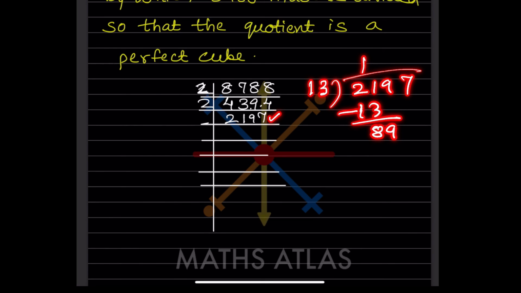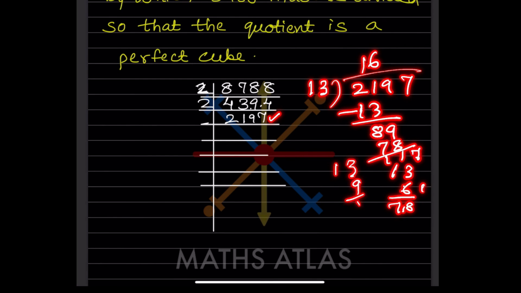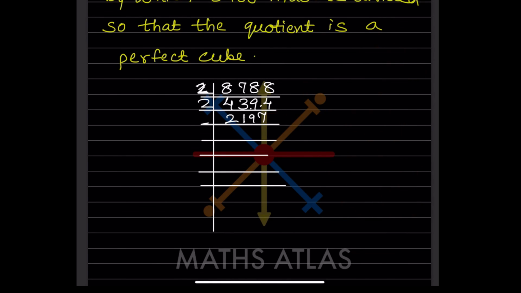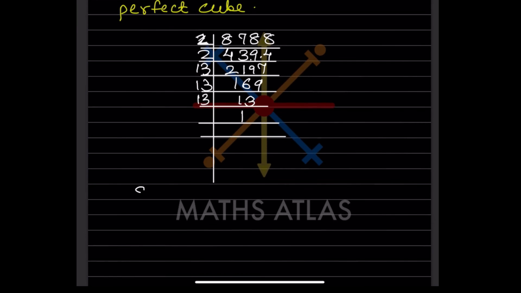13 5s are 65, 13 6s are 78, 13 7s are 91. So this is going to be 117, 13 9s. So that is going to be 117. So 169, this will go with 13, 169. Again this will be 13 13s. So that will be 169, and this will be 13 ones. So now what we can write here, 8788 is equal to